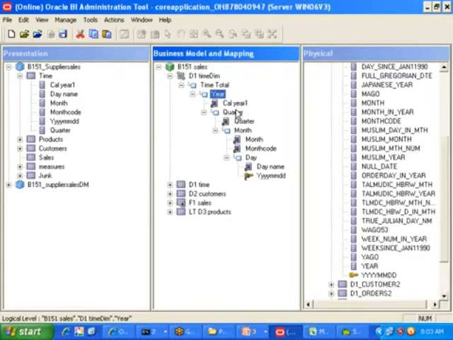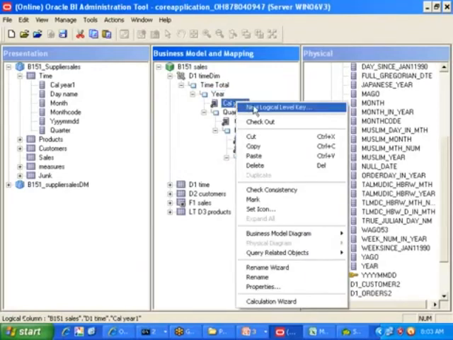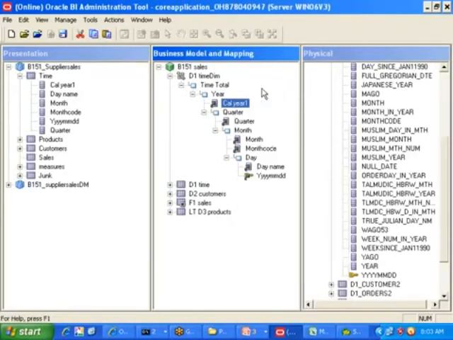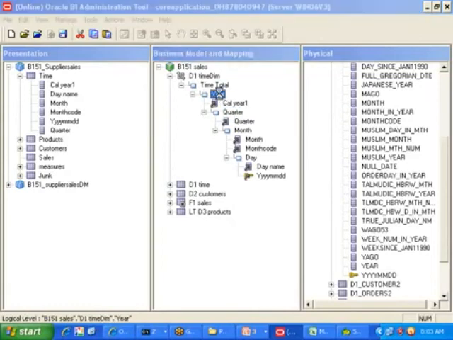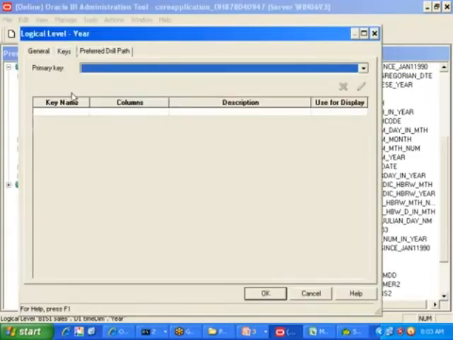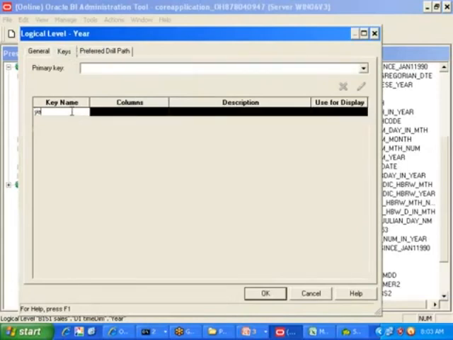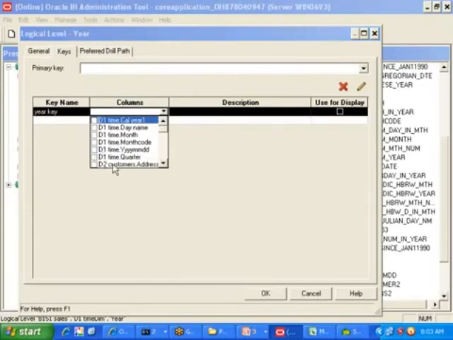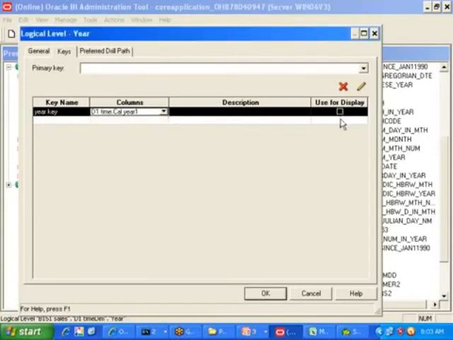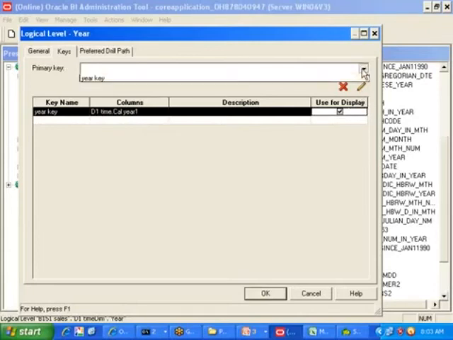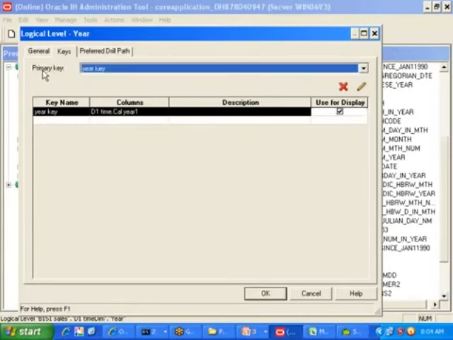So here I don't have that one. There is a reason it is saying that problem. Right click on this one, click on new logical level key. That will do. Or else the manual process: double click on this year level, then go to the keys tab, then give some name here. Let us say I am giving year key. Then I need to associate one column. Right click here, give the year column. Then is it a display column or not? Display column. This is also used for what, sir? Primary key column. The same column I am using for display. That means in the report I want to show that one. That column only I want to use as what, sir? Primary key also. Click on OK.